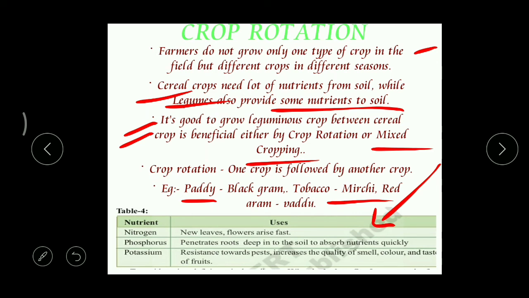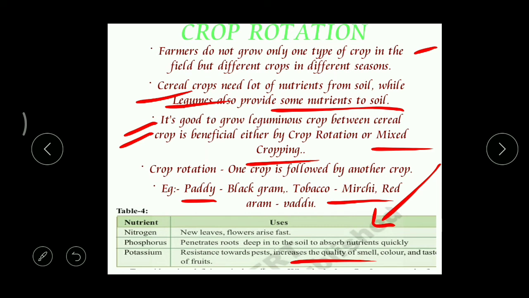And then phosphorus. Phosphorus helps roots penetrate deep into the soil to absorb nutrients quickly. Because of this phosphorus, roots can go deep into the soil so that the plant can absorb more water and more nutrients. Okay? And the potassium gives resistance towards pests. Resistance means disease resistance capacity. The plants will not get a disease or infections because of this potassium, and it also increases the quality of smell,